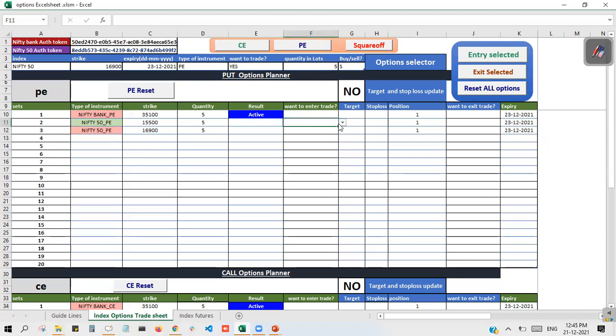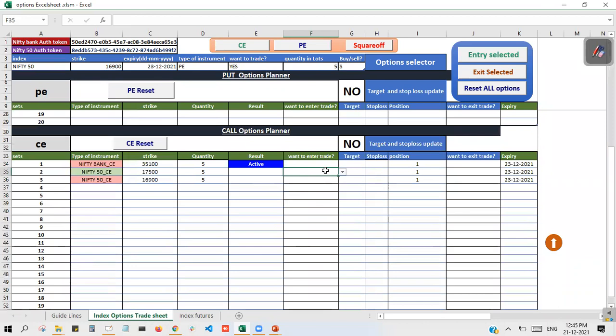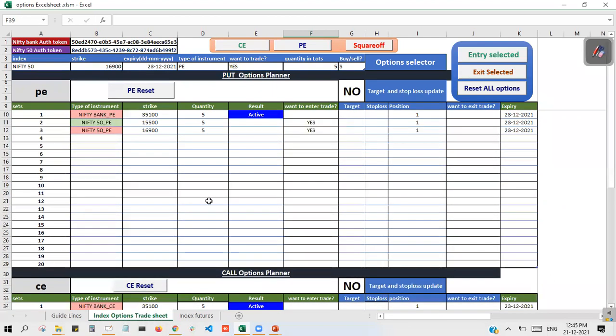Now I want to place the trade for all these things. So I will select yes here for both of the things. For these both of the things also. Now, as soon as I click entry selected, those orders will be placed in TradeRound. So let us check here again.